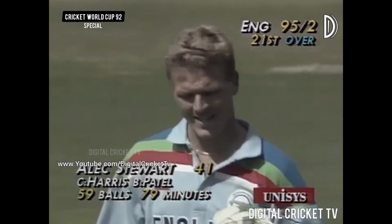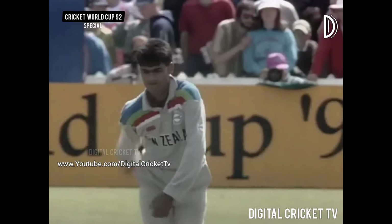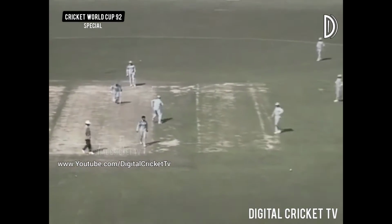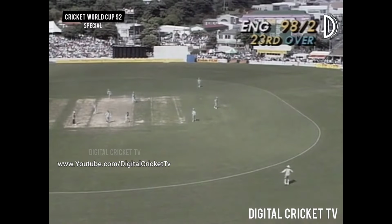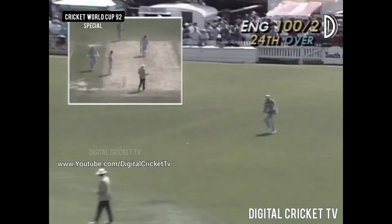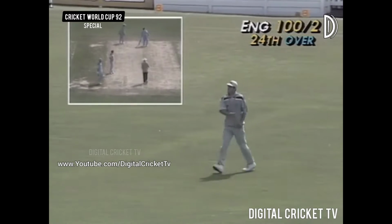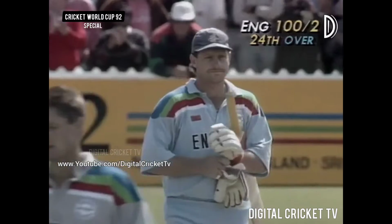So Chris Harris, with one of the safest pairs of hands in the New Zealand team, dismisses Alex Stewart. Dipak Patel has his second wicket in the 21st over. England 95 for 2. Smith has his first run now, down to long on. Ken Rutherford, the fieldsman down there. And so Robin Smith is underway. And Hick turns it away to bring up England's 100 in the 24th over. And in fact, they're 100 for 2 at the end of that 24th